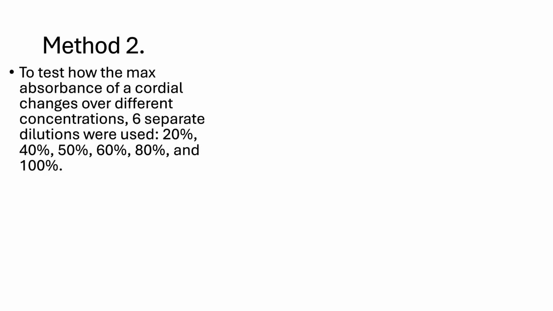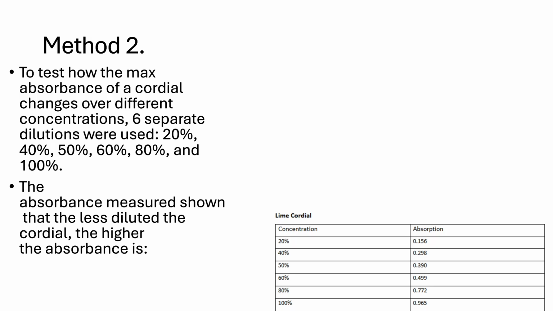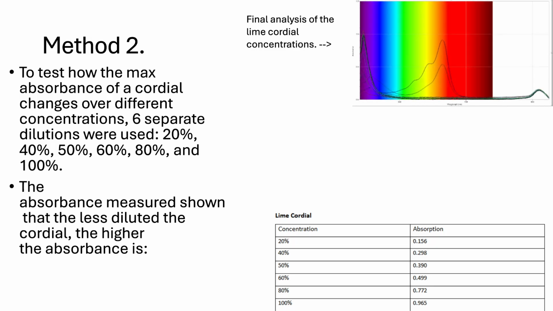So for the second method, we had to test the max absorbance of 6 separate cordial dilutions, which were lime cordial, and that varied from 20% to 100%, which is also called undiluted lime cordial. And the absorbance measured showed that the less diluted the cordial, the higher the absorbance is, as shown in the bottom right hand corner. And this shows the final analysis,